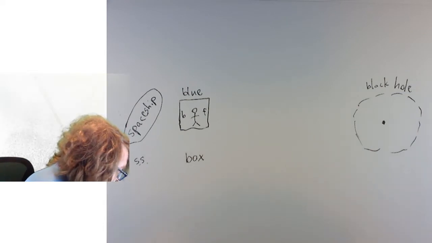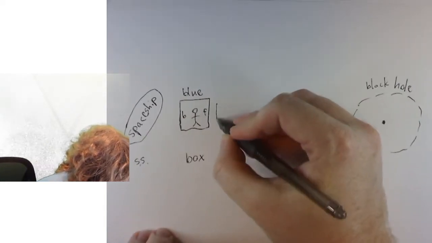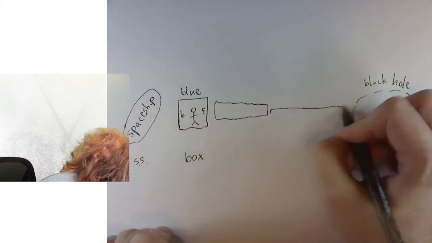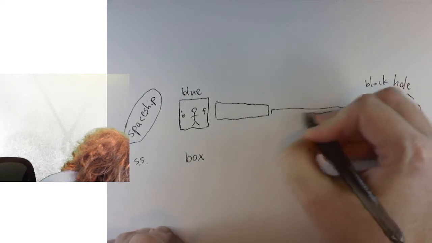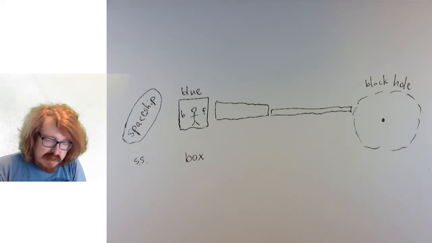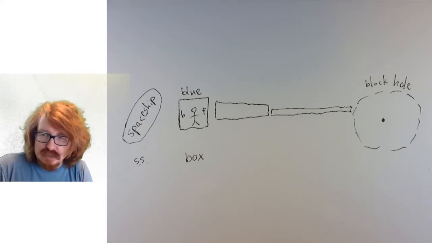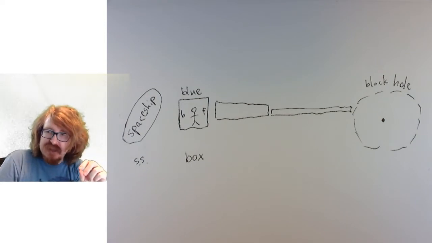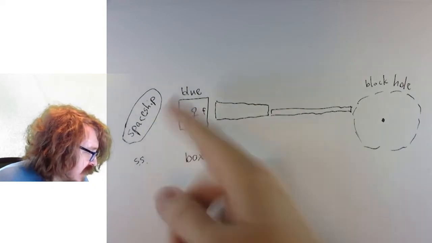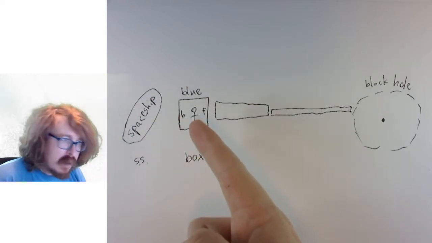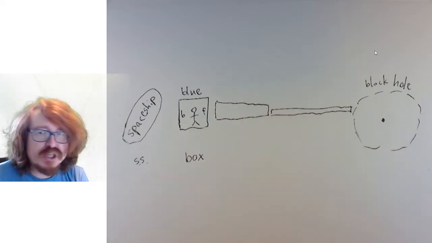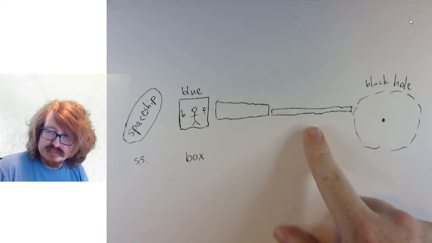As the box gets closer to the black hole, it's going to stretch out. And the closer he gets to the black hole, the more it will stretch. So this is a tidal effect, but it's more extreme than any tidal effect we have seen. So if this box was just like a normal size box compared to his body right here, by the time he gets really close to the black hole, he could stretch over several miles.